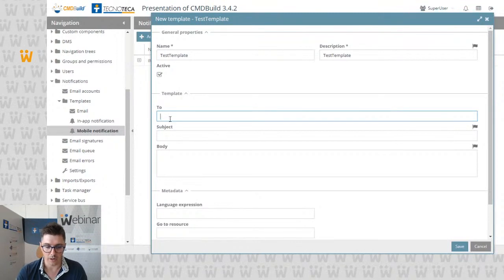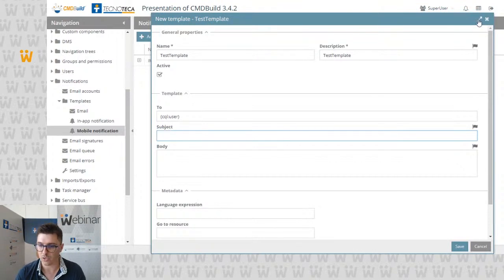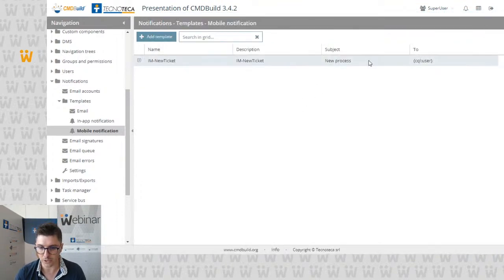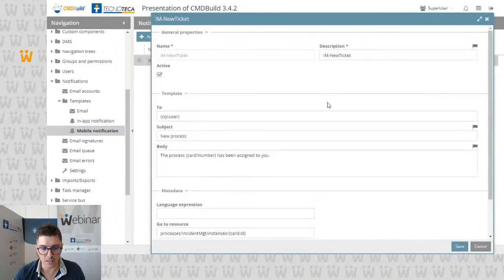Then I can send to a specific user, or I can use some template language variables. Then I can configure a CQL user, and configure that parameter. Here I can write the subject. I will show you one notification already configured. Yes, this is a notification that I've configured for this demo. Here I have the receiver, the subject of this notification, the body of the notification,